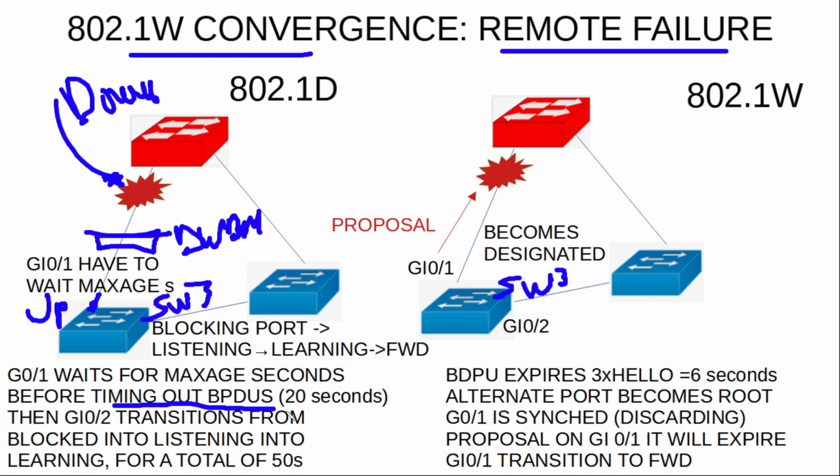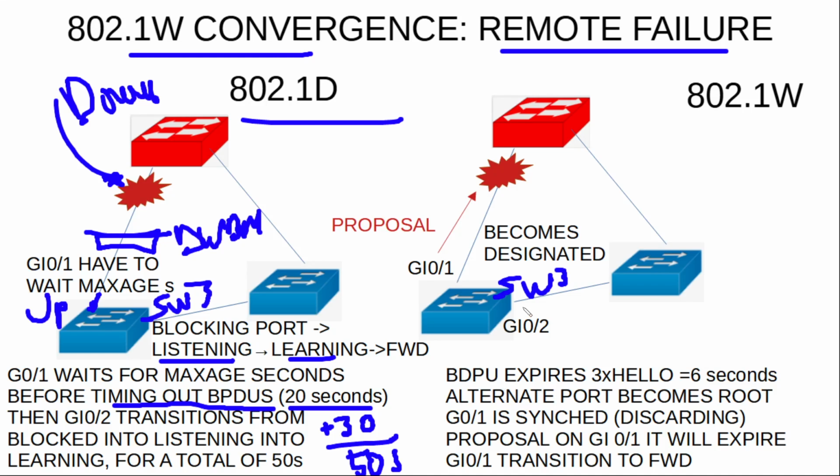So it will have to wait 20 seconds before reaching the conclusion that something is wrong in the network, and at that point it will start transitioning its ports through the listening and learning states. So it will take another 30 seconds to converge. So in this case of remote failures, original spanning tree takes 50 seconds to converge,